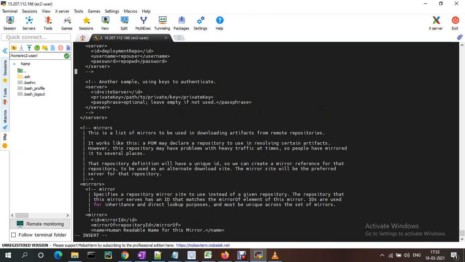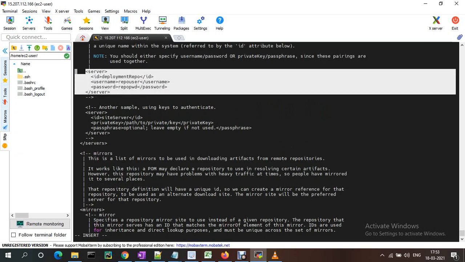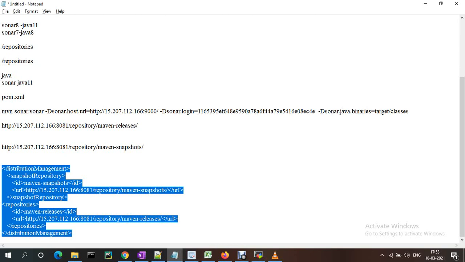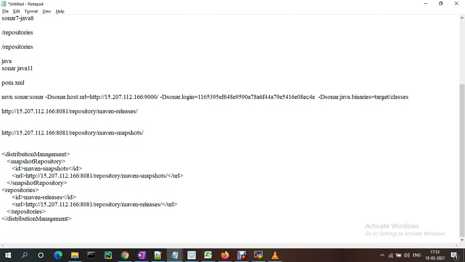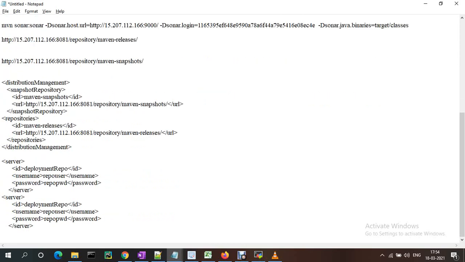So under here we just need to add our entries. Okay, so we have two, right? One is a snapshot one, another one is the release repository. For this snapshot I am giving the same name, same id.